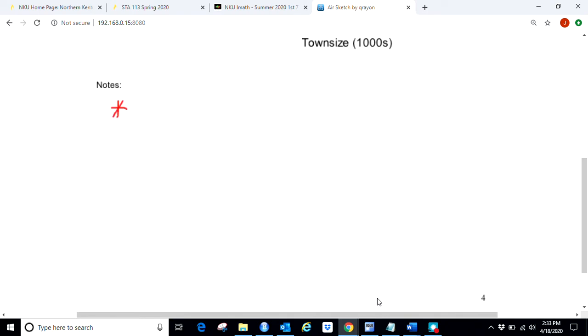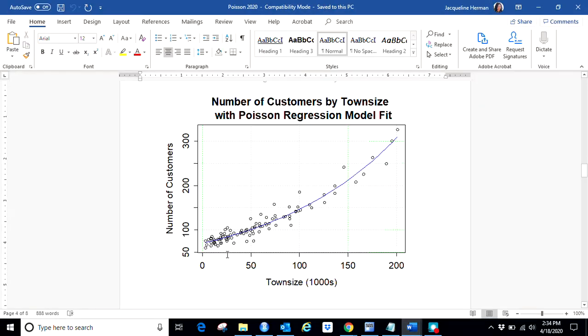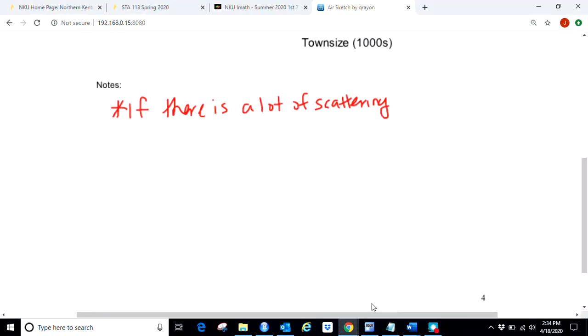If there is a lot of scattering, so for example, if looking at our plot, there was a much wider range. I mean, our data is all pretty close to each other, but if there was a much larger scattering, it might be a little bit harder to tell if the model fits the data as well. So if there was a lot of scattering, what we could do